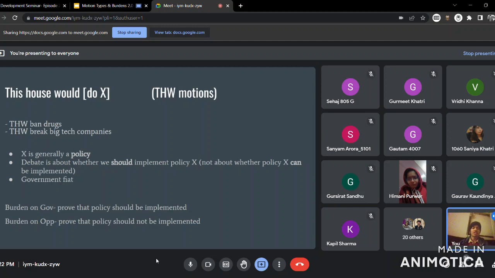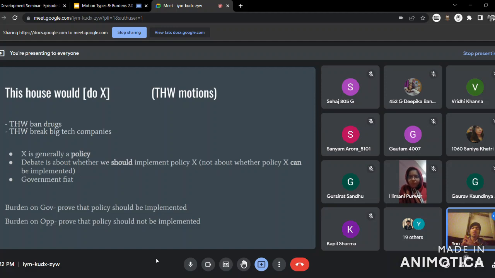Because if in every policy debate, you start questioning the implementation too much to the point that you're forgetting about the normative aspect of this debate as to whether it should be done, but you're only focusing on whether this can be implemented or not, then it won't be much of a meaningful debate. It would be a boring debate and a frustrating debate, right?